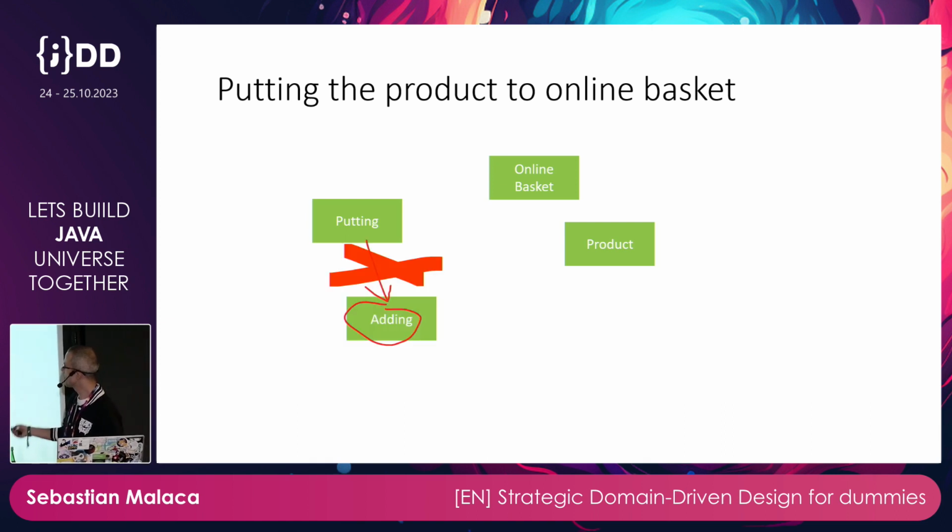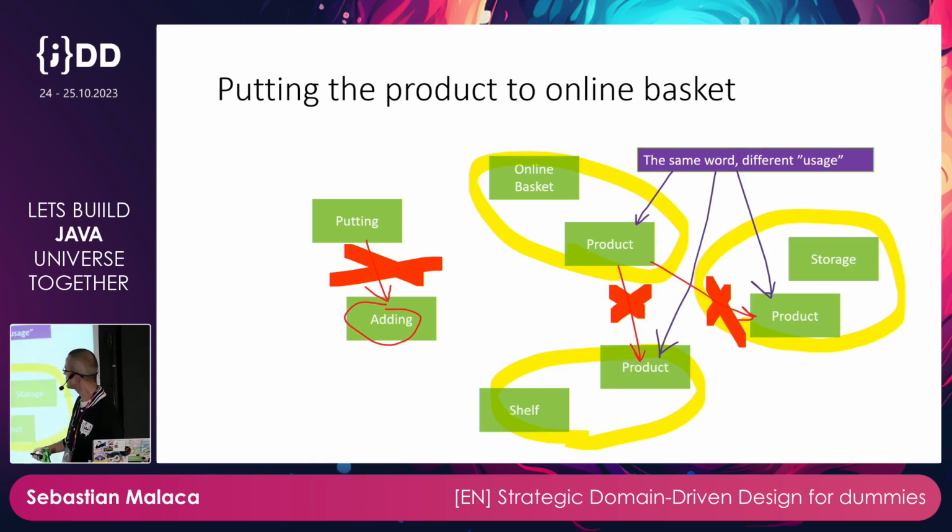And a similar thought process applies to the online basket. So if I'm putting something in the online basket, it means it was already on the shelf. Usage of the word gives me already that information. And the same with the product. This product is something different than in here. It's something different than in here. Because here,